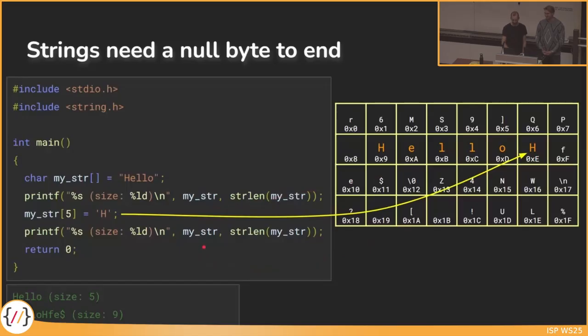And what the program does now is it goes until it finds the next null byte. So it prints H, E, L, L, O, H, F, E, $, null byte. Oh, okay. So it terminates here. So the size now is also 9. You can see here it's hello H, F, E, $. And just because we were overwriting the null byte,